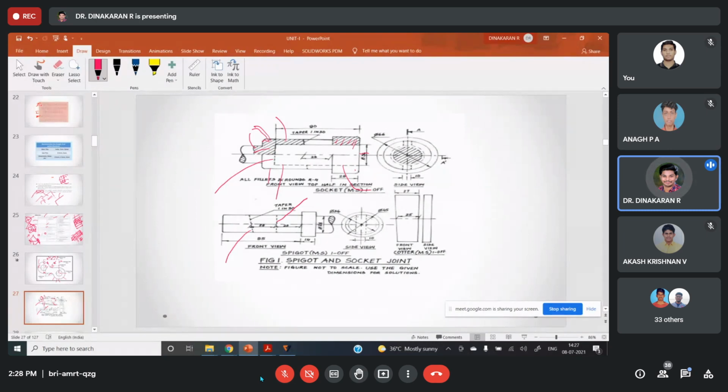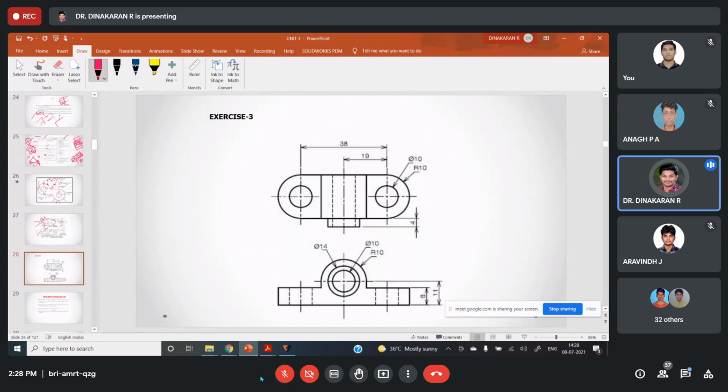Invisible line for what purpose? There is a dashed line. Invisible line for what purpose? Hidden purpose. Hidden object. That is the back side of objects. You see, this is a cut part. This is visible directly. This is a solid object. This top part is cut, so it is directly visible. But the bottom part is a solid object, so it is not visible from the front. But the object is there. So we draw invisible lines, dashed hidden lines, for invisible parts.